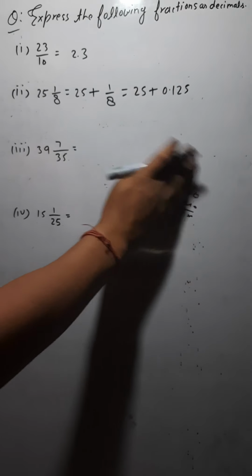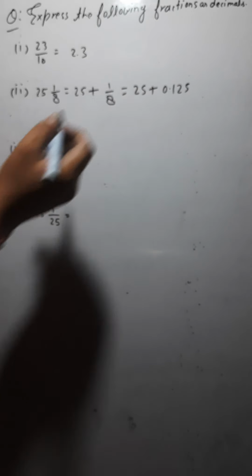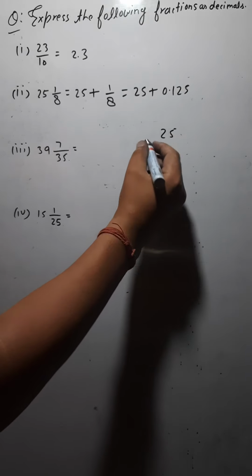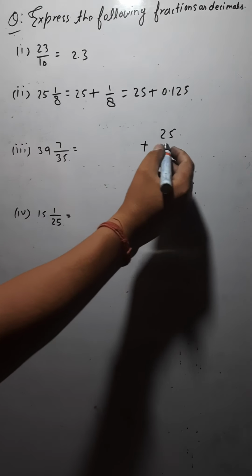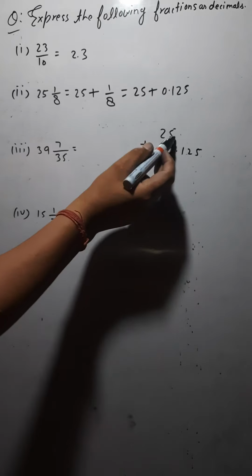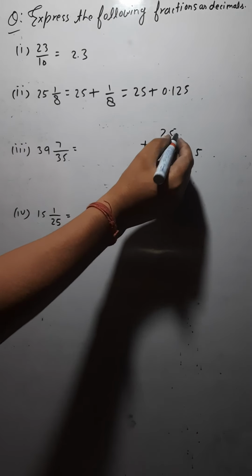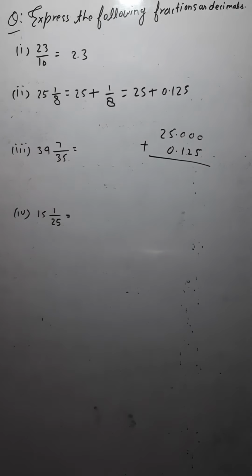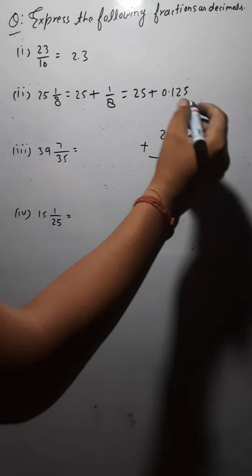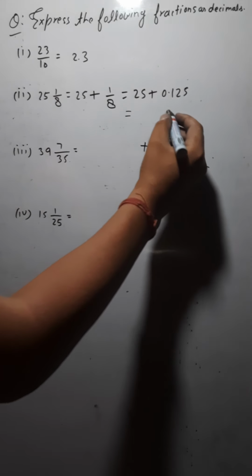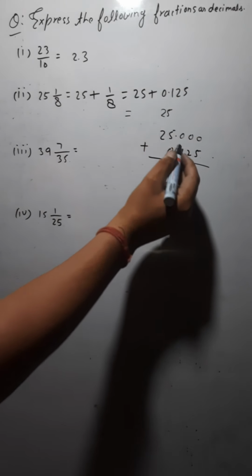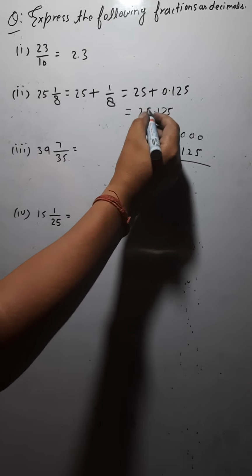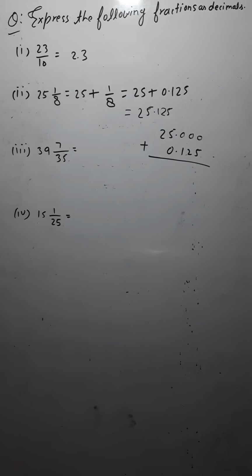0.125. Getting? Now you are to add this 25 plus 0.125. How do you add this? It is like this: 25 plus 0.125. So here also I can put the decimal here. If I put the decimal here after there are 3 digits, so I would write here 3 zeros. So this is how you would add this. Are you getting this? So answer would be how much? Answer would be 0 plus 5 is 5, 0 plus 2 is 2, 0 plus 1 is 1, then decimal is there, yes, then 25 plus 0 would be 25. So this is how you would write the answer.